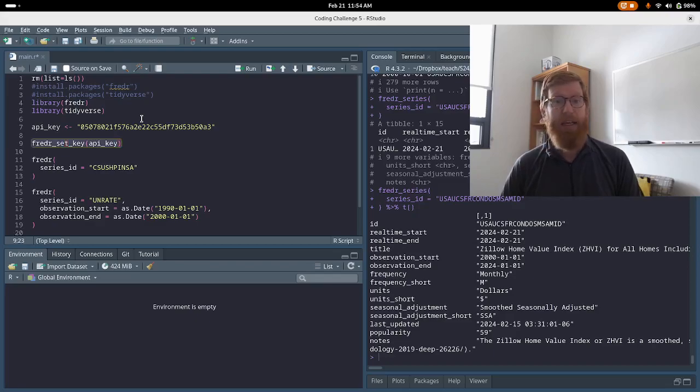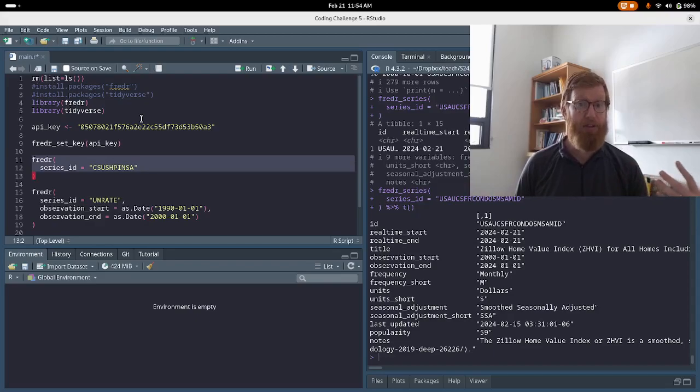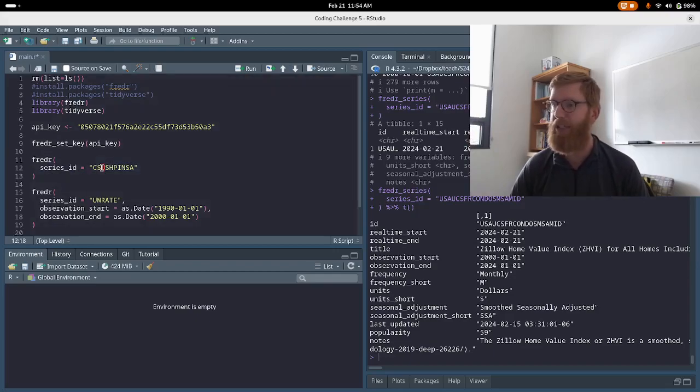I set that API key, and then whenever this library calls to their server to get data, it says, hey, this is Rick looking for data, gives them details about the data that I want, and then it sends it back. Behind the scenes, it's doing a whole bunch of HTTP requests, server stuff, right? Computer stuff that is fiddly and kind of a pain for you and I to deal with. But with the FredR library, a lot of that is just simplified into the background, right? So we don't have to manually write out an HTML request to some server with a whole bunch of specific details. We just say, hey, I want the data with this name,